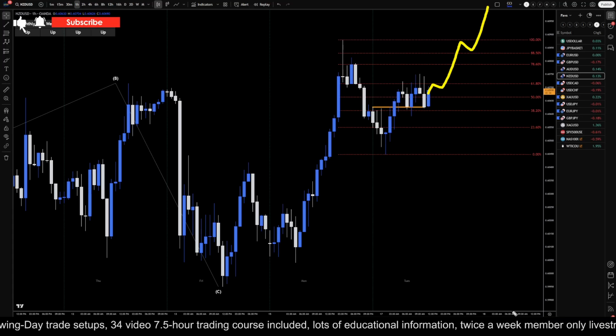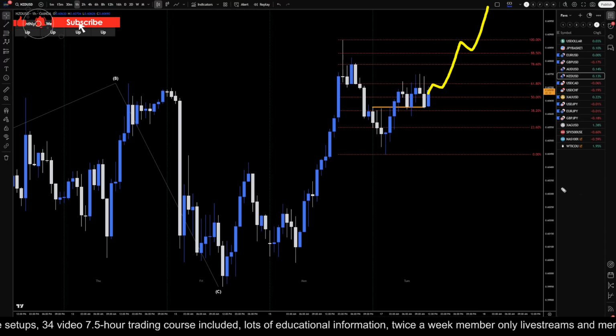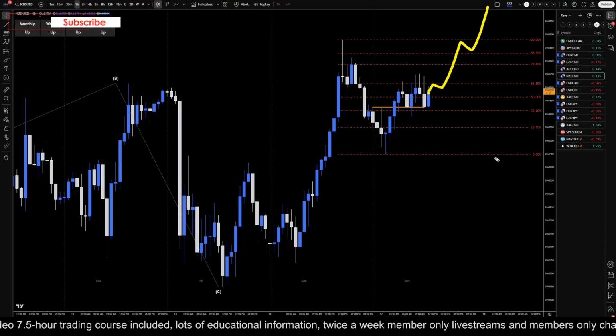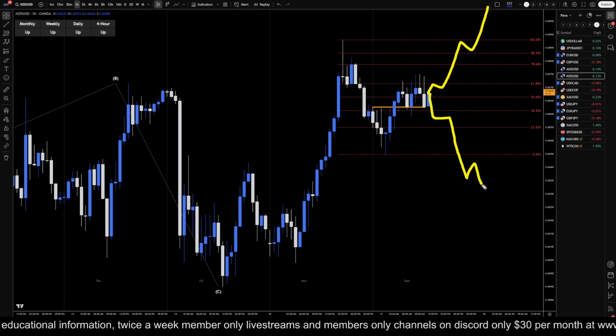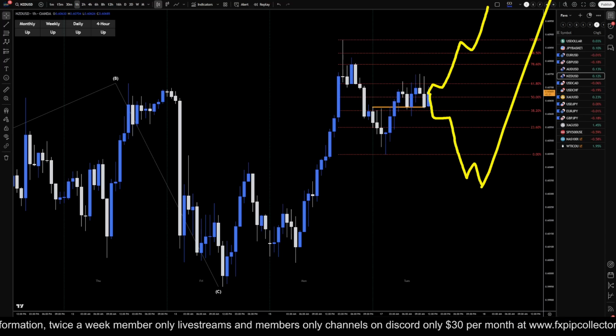As always, the trend is your friend, and if you trade with the higher time frame trend, you definitely do have a higher probability of having successful trades. So if it breaks to the downside, then trade it to the downside for a wave C, and then back up again for the continuation of the uptrend. If not, then don't even bother going short, but just continue to look for longs every single chance you get.